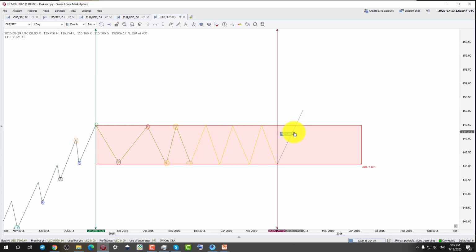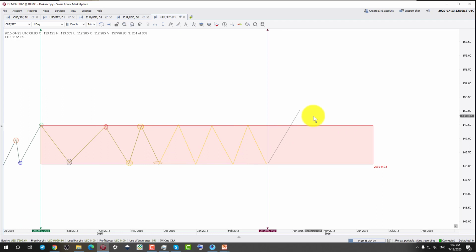Second is a huge volume while it is breaking out. That is true in the case of stocks, but in forex, the determination of volume depends from broker to broker. So here we will not consider volume, but we will see the daily closing on the United States, New York closing basis. If the price closes higher than this, then it is a confirmed breakout, and after breakout we need a retest.